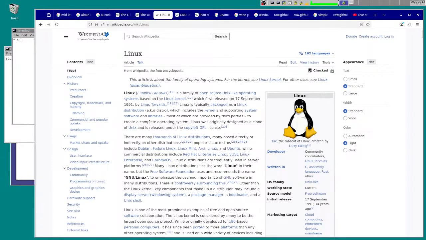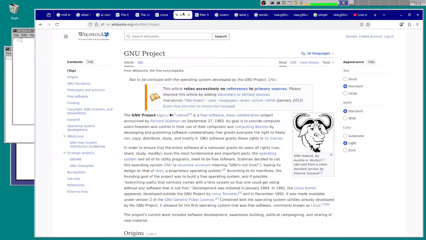Linux is the most common operating system. And this GNU project, all this stuff came from an era where AT&T had sold all that stuff to universities. GNU is supposed to be "GNU's Not Unix."